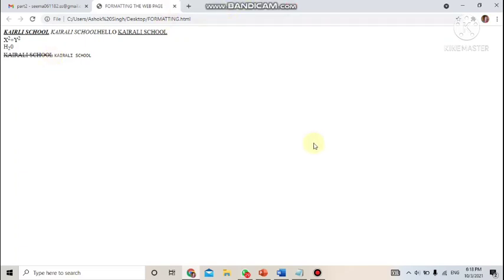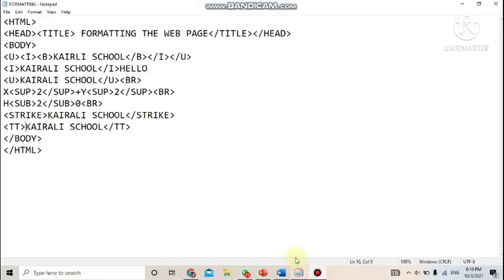Okay, so now we'll do the small and big tags. Now if you want to make the default text, whatever is appearing, a little bit bigger than that, for that we use big, and if you want the text to be one size smaller than the default size, then for that the small tag is used. Let's do that also. Here writing again Carolee School and I want it to be a bit bigger. So it will be enclosed with big and slash big. So big is the open tag and slash big is the closing tag.